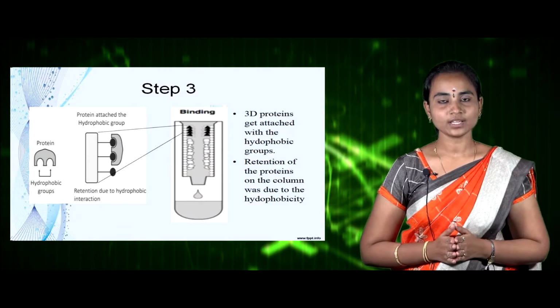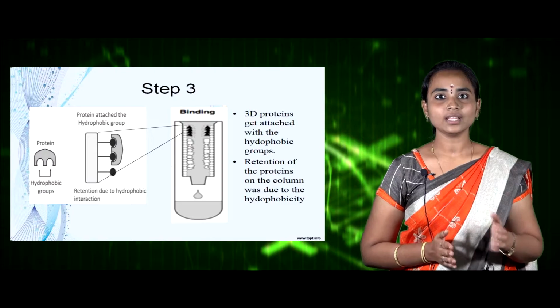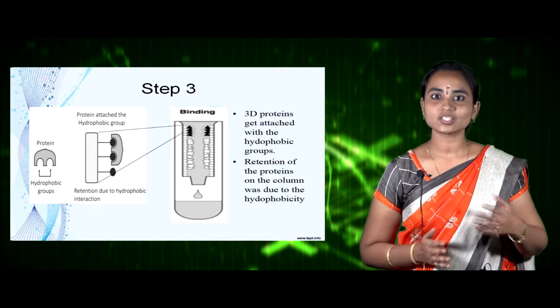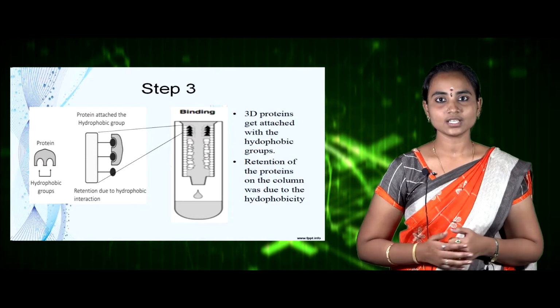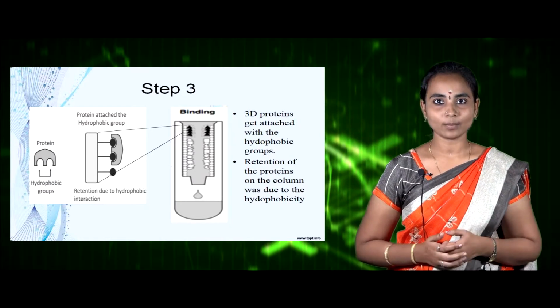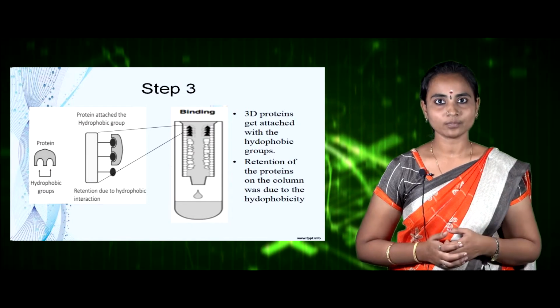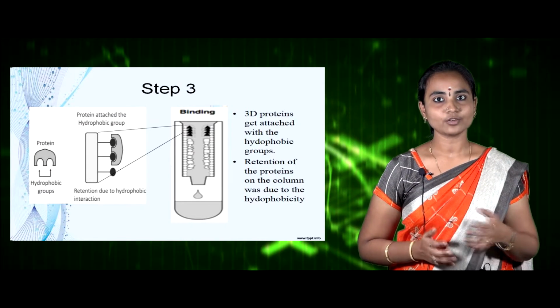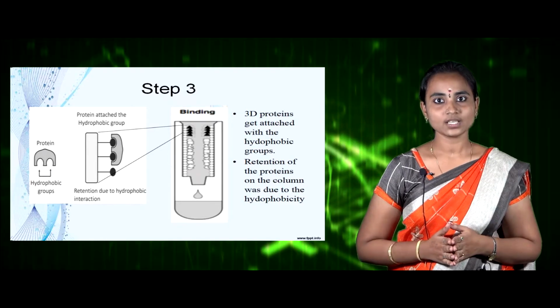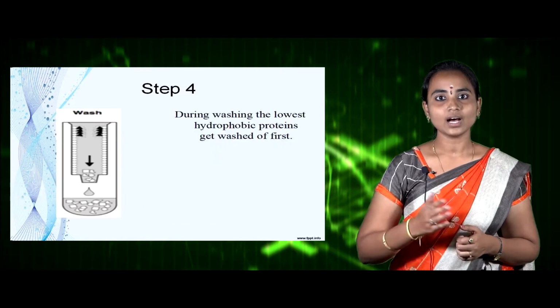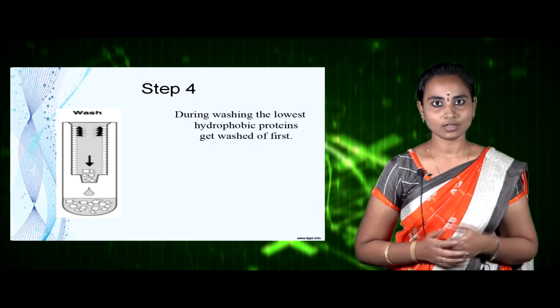So this hydrophobic interaction chromatography column mainly involves 3 different phases for eluting different proteins based on their hydrophobicity. First, it involves binding of the protein complex with amine groups to that of the hydrophobic groups in the column. So this forms the resin, hydrophobic group and protein complex, which gets retained in the column for a certain period of time. After this, it involves the washing component.